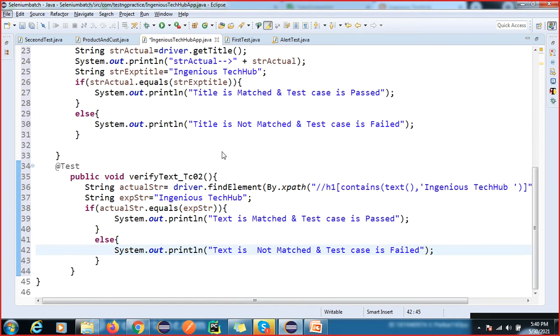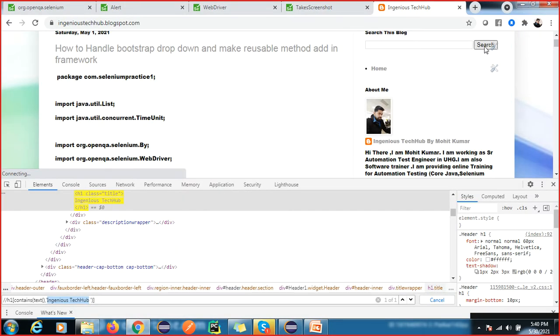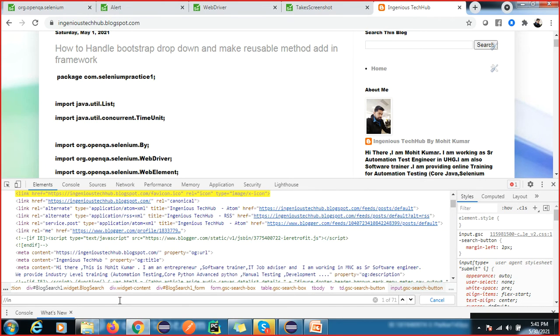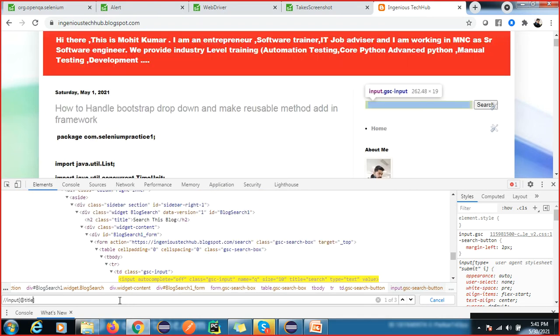I am implementing another test case, so you have to verify whether this search button is there or not. You can find this element first, the search button. Does this search button exist or not? We have a title. I will go here, input, and we have the title, and we can find this.